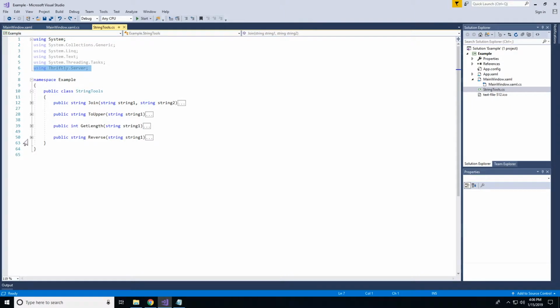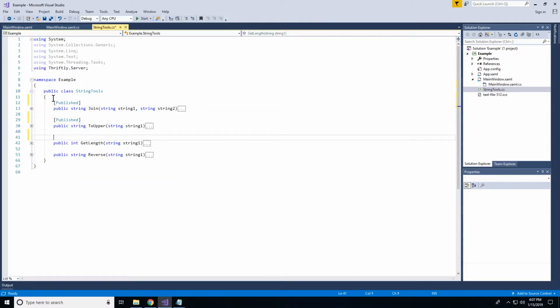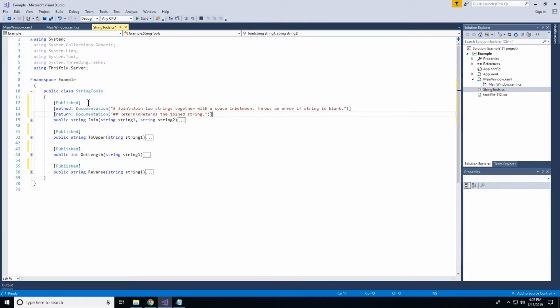Now that you have identified which functions you'd like to publish, you will simply add the published attribute before each function definition. While you're here, you may want to take advantage of Thriftly's built-in documentation feature. By adding some simple documentation attributes to your code, you can provide some useful information to those who will be